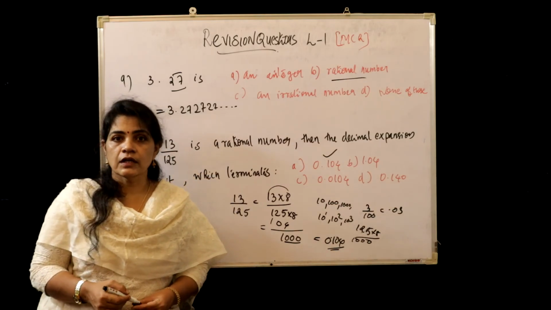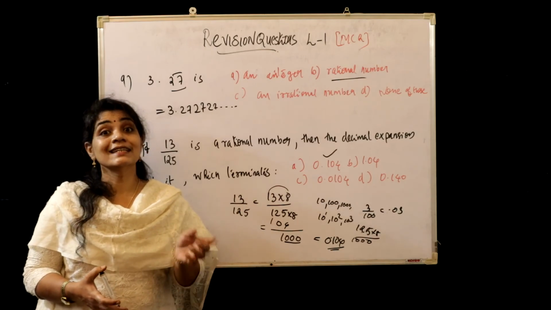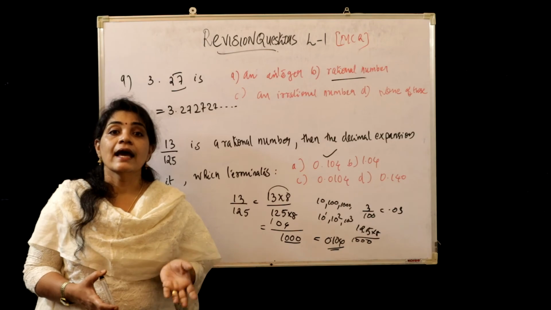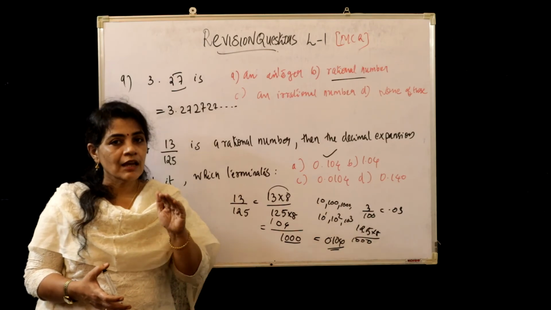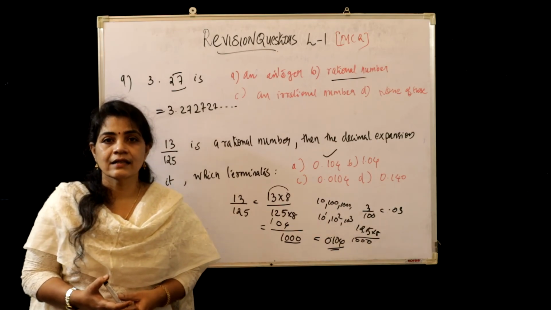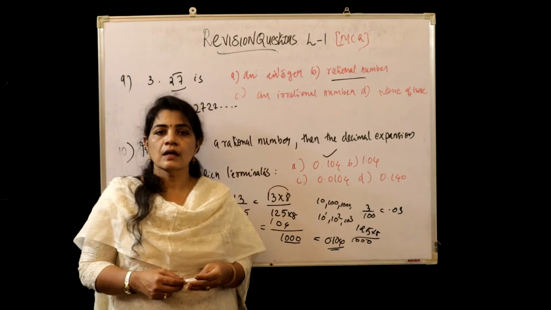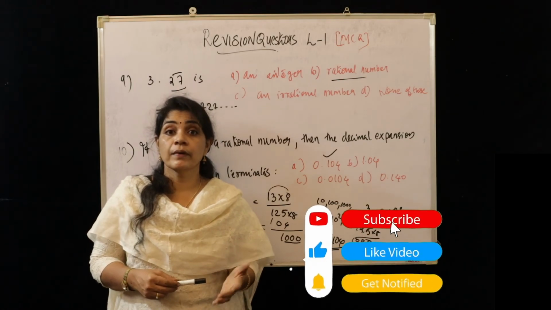This is very important. Okay, so in order to get the decimal form, the decimal expansion which terminates, you have to convert the denominator to a power of 10 by multiplying with a suitable number. The same number you have to multiply with the numerator so that you can easily get its decimal form or the decimal expansion. Okay, so this is all about the MCQ questions from the first lesson,